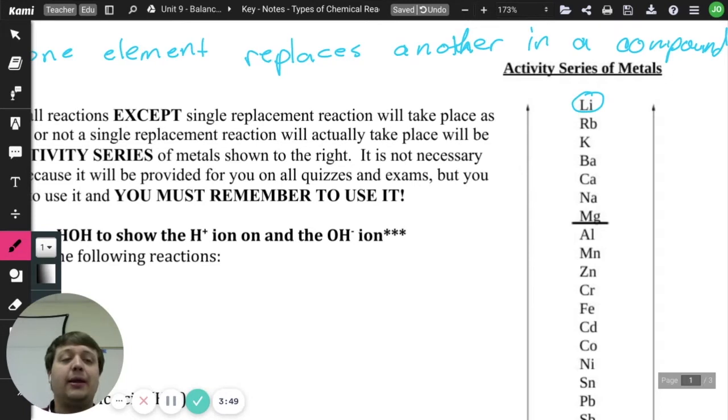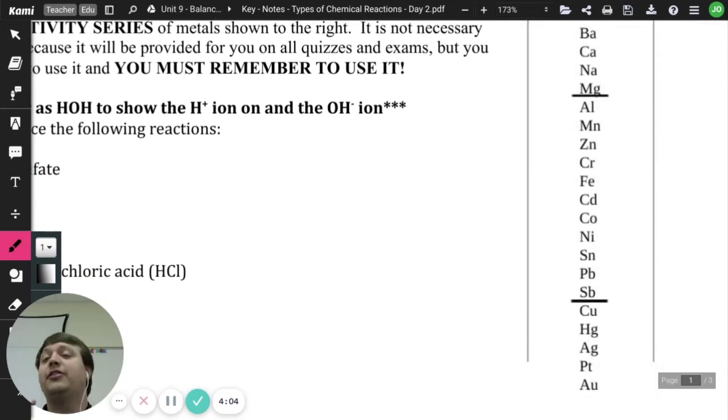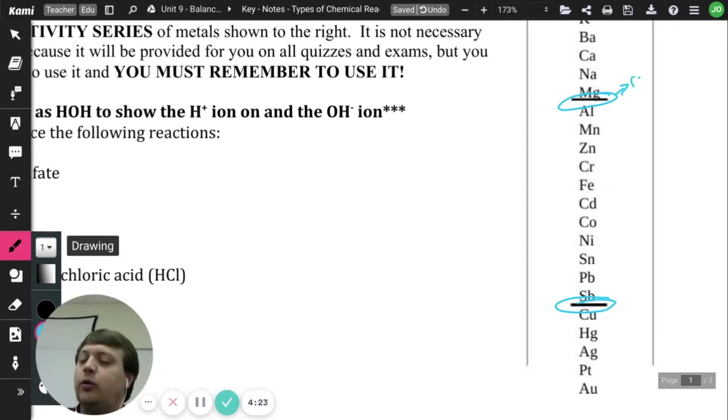And so that's a big important thing to recognize: with single replacement reactions, we have to check our activity series to make sure that the substance can replace another substance. Now, there are two places on the activity series that you do need to keep in mind. And that is what these two lines right here represent. Okay? So this top line right here, what this tells me is that everything above it can replace